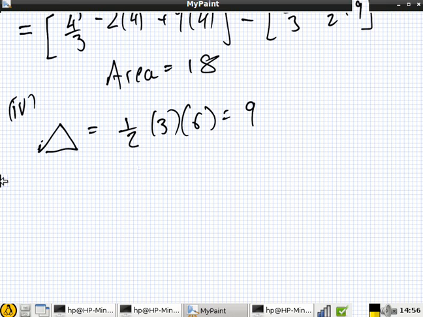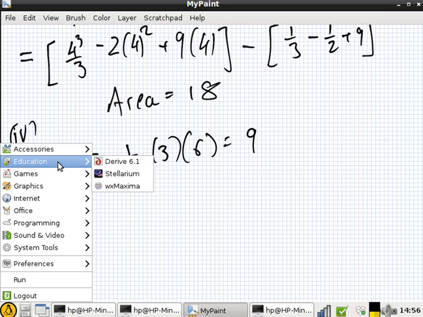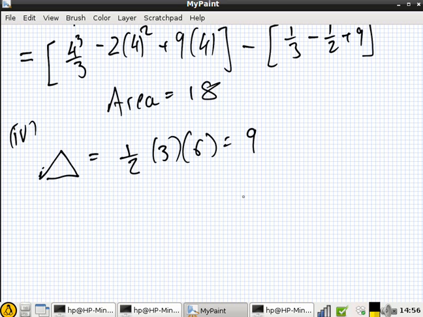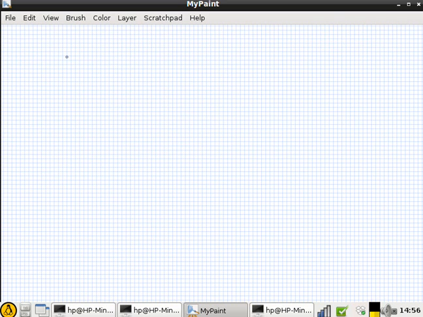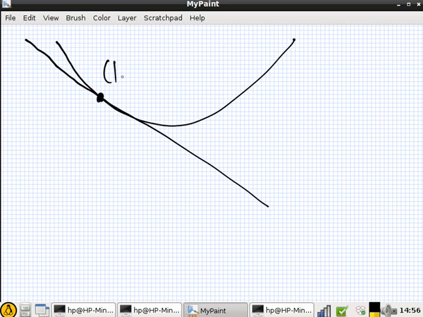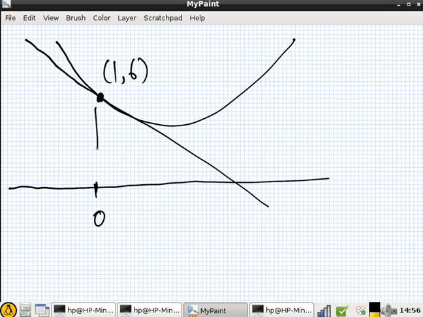Now, actually I know what I'll do. I'll just draw it here, it'd be better. And I'll try and redraw it here. So if you want to look, the quadratic goes like this, and you have your tangent line here, and you know that this is the point 1, 6. And they're talking about the area from 0 to 4. And one of the earlier questions asked you to show that the tangent crosses at 4. So that's why we know that the triangle's base is,